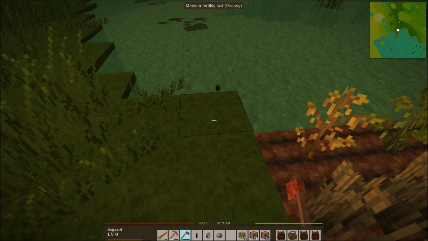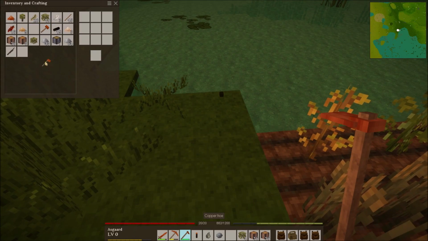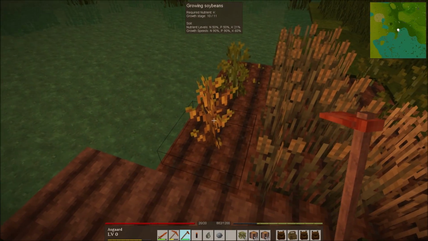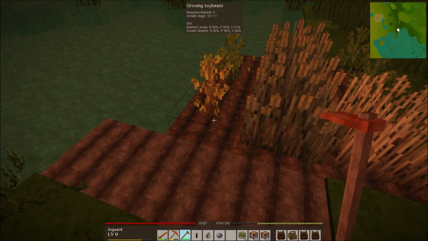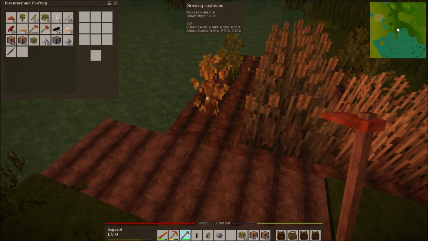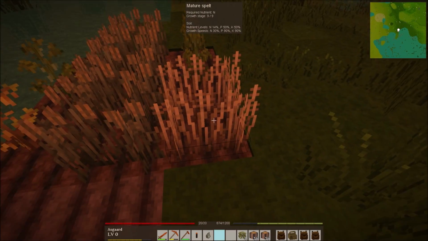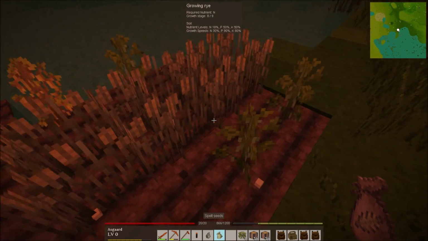And I actually forgot to rotate my crop whenever I replanted the flax. That's fine. I'll remember it going forward. Those soybeans are still not grown. Okay. I was thinking they would finish by the end of the day, actually, but maybe not. But we do have some spelt that's grown. So we'll go ahead and harvest that. Spelt seems to grow pretty...